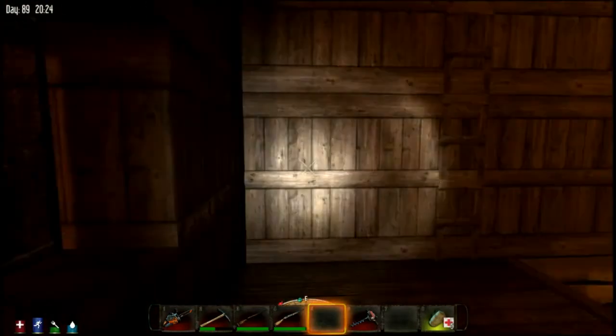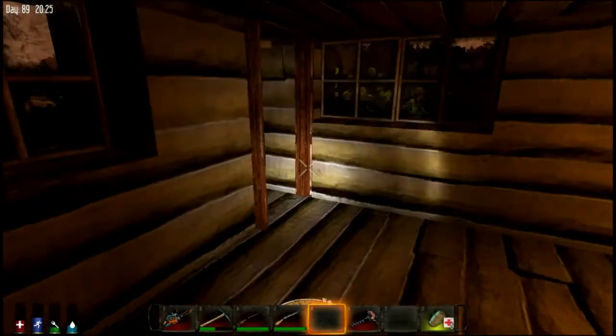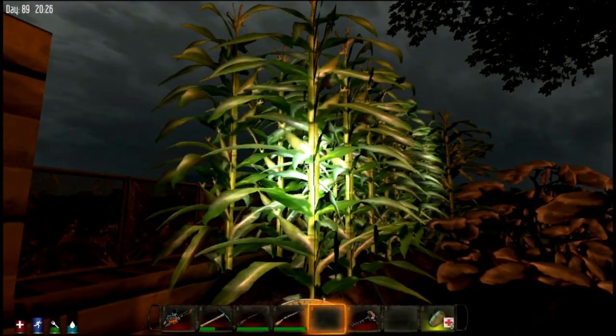I got some windows here, and I'll show you the roof. So here's the roof. I've got a whole bunch of stuff growing. Corn is a little bit different now. Before,